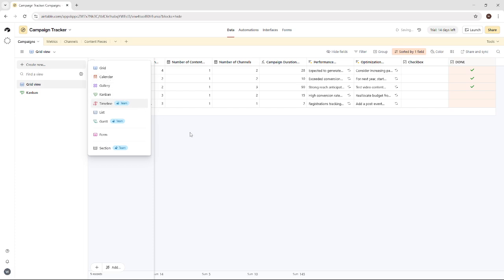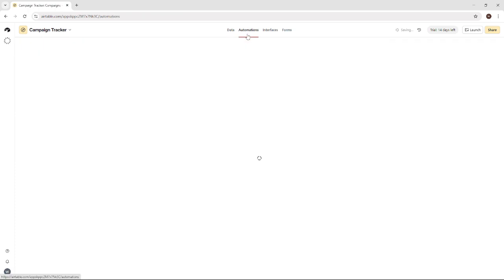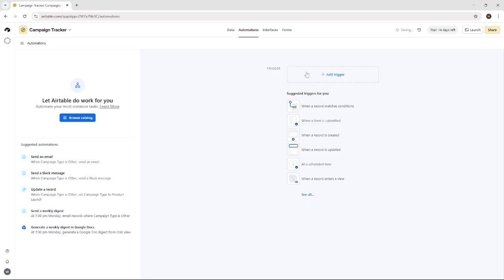Finally, add optional automations. When a task is checked, trigger an email, update another table, or notify team members. Start simple, test your trigger, and expand as your workflow matures. That's how to use checkboxes in Airtable to track task